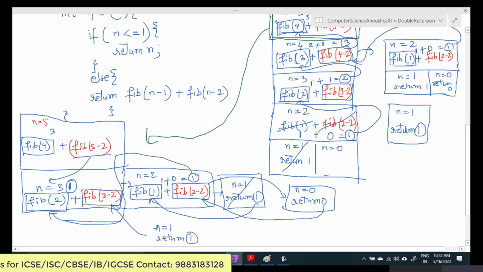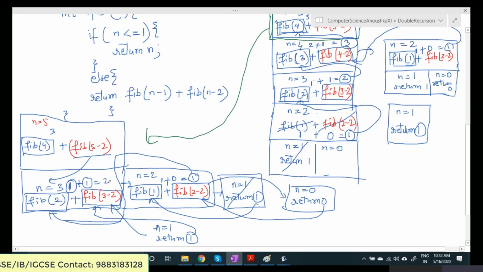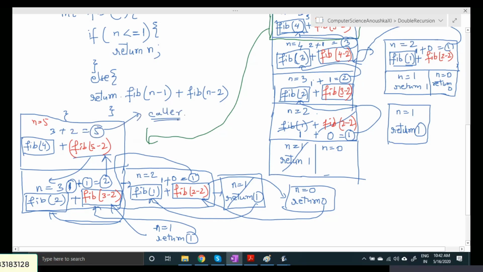So this one will return to this statement. So 1 plus 1, which is equal to 2. Then this 2 will return back to this part. So this will be 3 plus 2, which is 5. So 5 will be returned back to the caller.